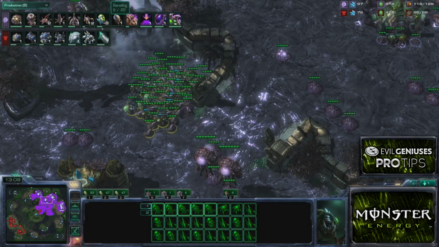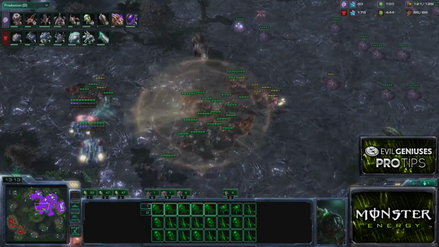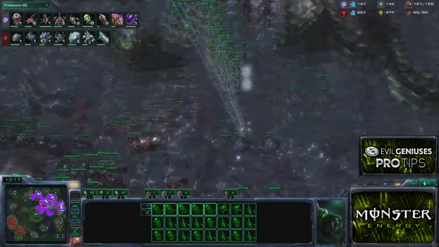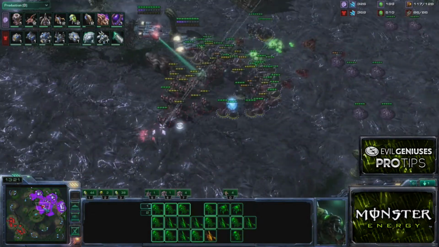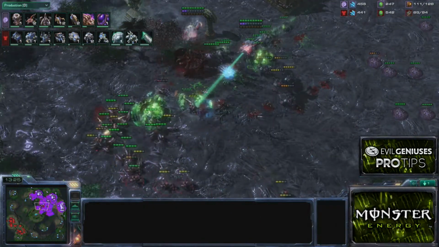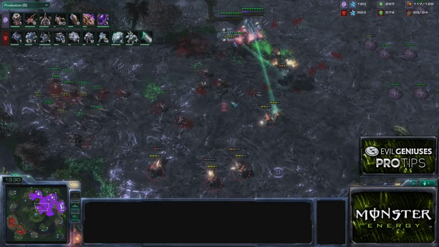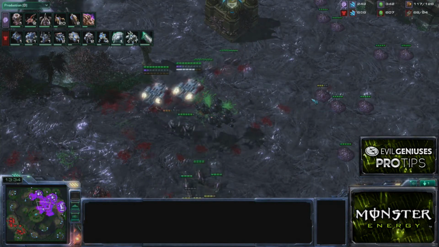So as you see here, I'm producing 12 Lings, 8 Banelings, and I'm forcing him to waste scans all the way out in the center of the map, trying to clear this creep spread. And once he moves in here, I recognize that on creep, he has no advantages. I can actually just move in, try to target the Banelings on the center of mass as far as his bio,